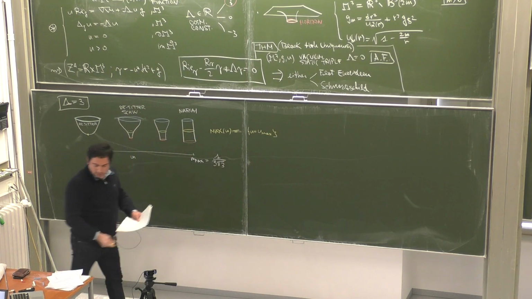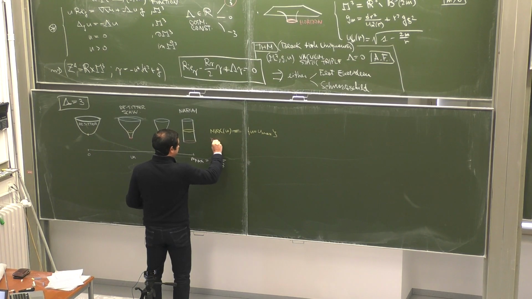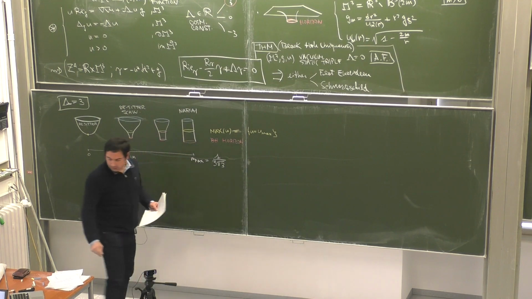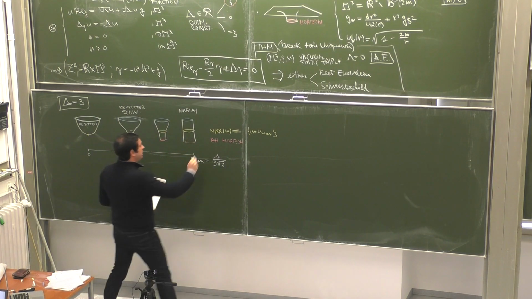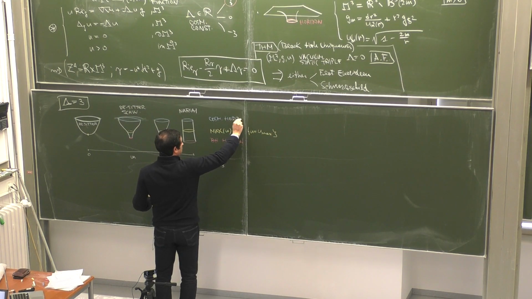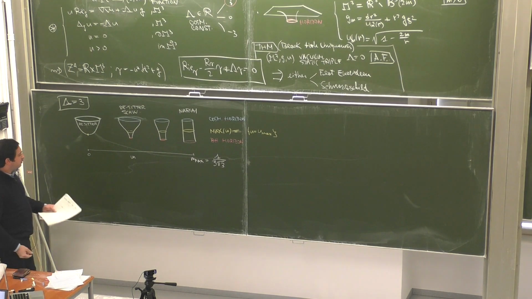Okay, and in red, I draw what I call the black hole horizon. And in blue is what I call the cosmological horizon. Not me, actually, what is called the cosmological horizon in the literature. Okay, so if you want the